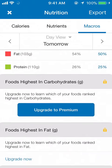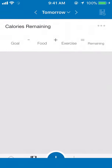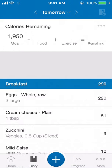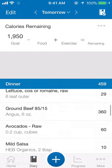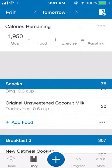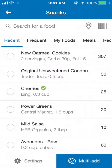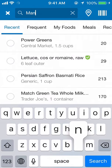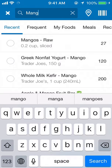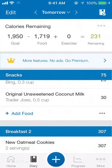And protein, I'm about right on. So strangely, I'm going to need to add in some carbs. I think the fastest way for me to do that, and the best way to meet my goals, because right now I really only have some cherries coming in as my fruit for the day, I'm going to go ahead and add some frozen mango into my smoothie, because I know I have that on hand as well, and that would be a super easy way to beef up what I'm doing. So I'll throw in a quarter cup of mango into my smoothie,